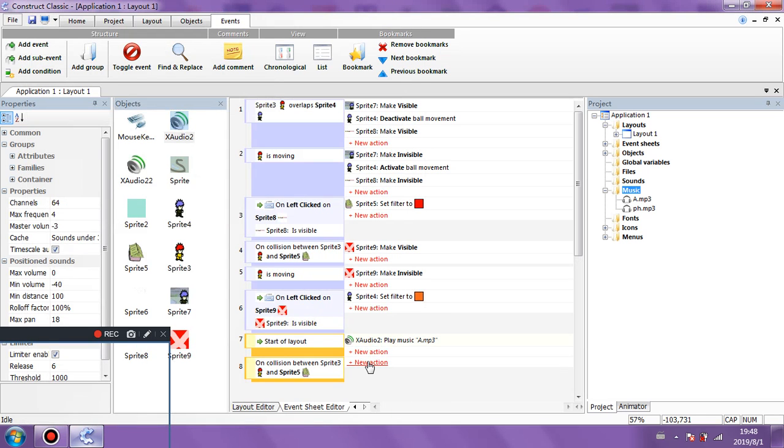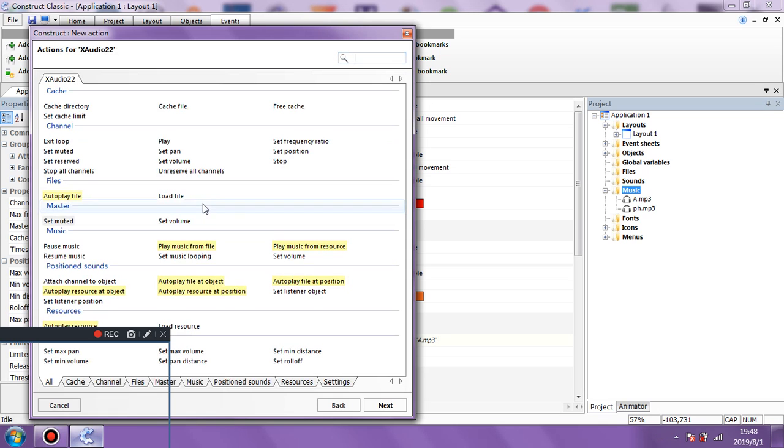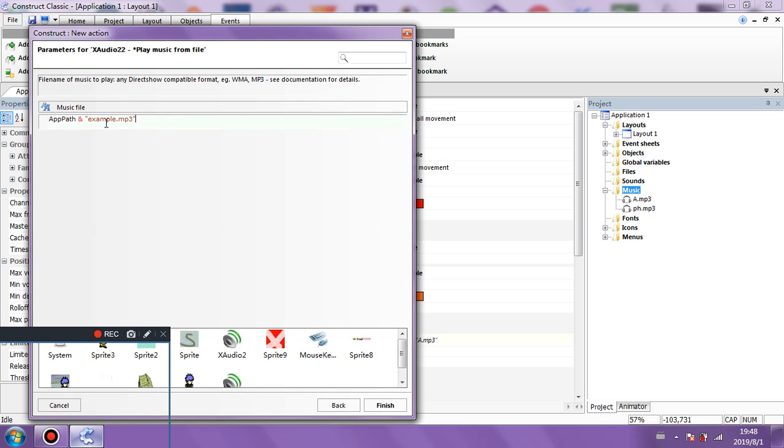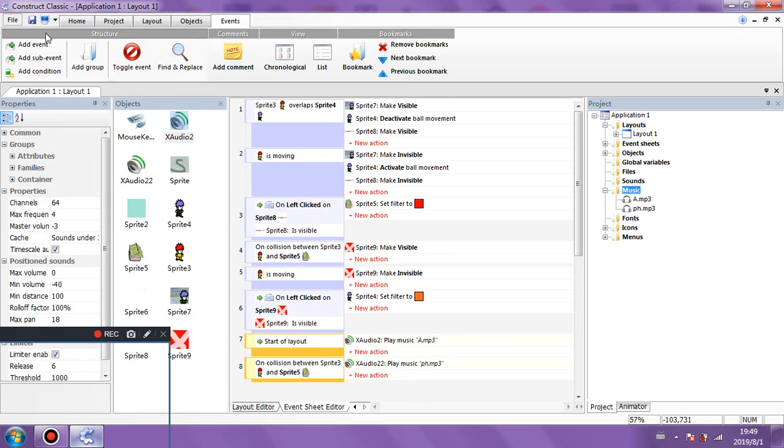Finish, okay? Play a sound from 22, play music from file, get rid of the front part, keep the speech marks in, and we'll just go to PH, small letters, .mp3, what it is, it could be a WAV. Okay. Go to finish. And just see what we got.